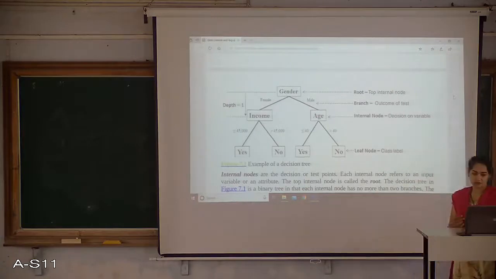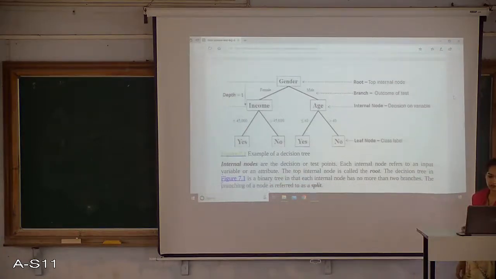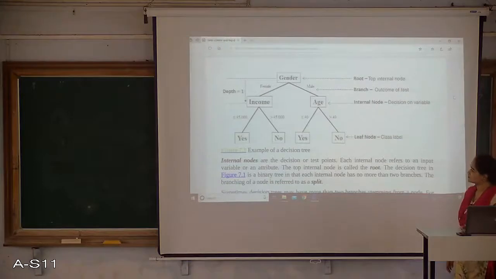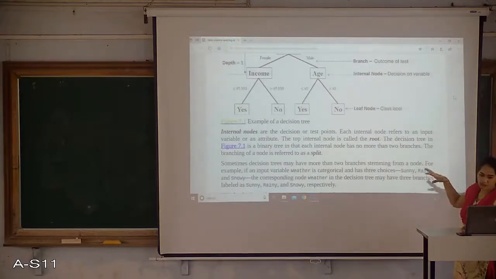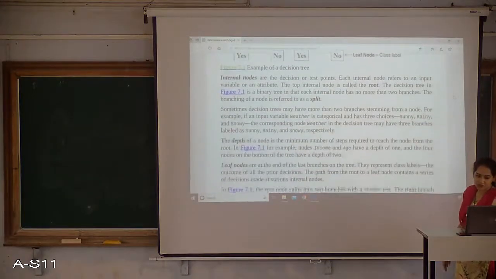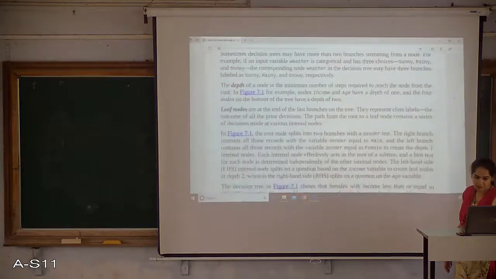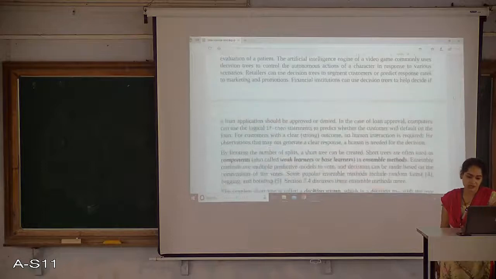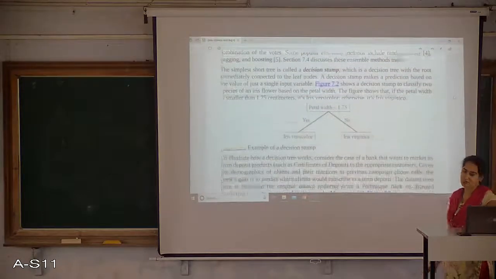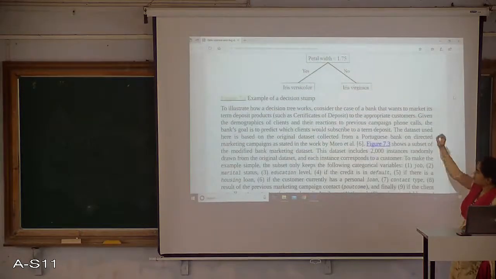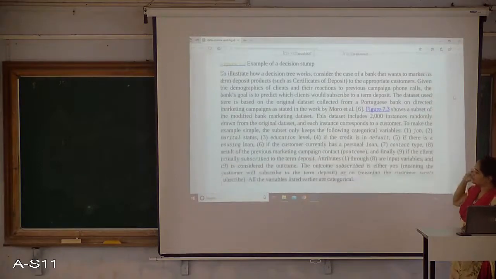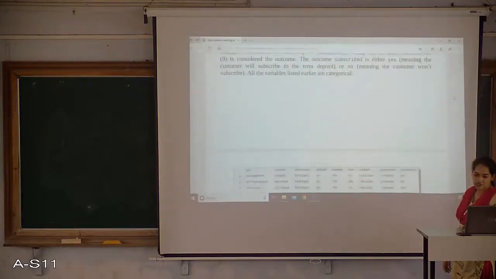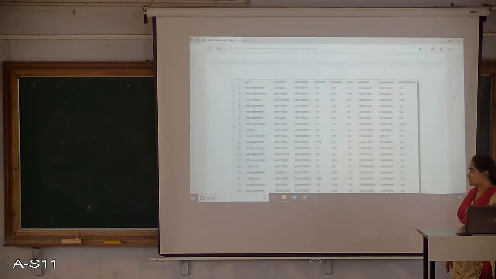These things were already covered in the previous class, so I will not go in depth with them, because many more things have to be covered in the further topics. So let me go ahead. We understood the decision tree and how exactly it works, on what basis we decide which will be the root of a decision tree or which will be the next data.